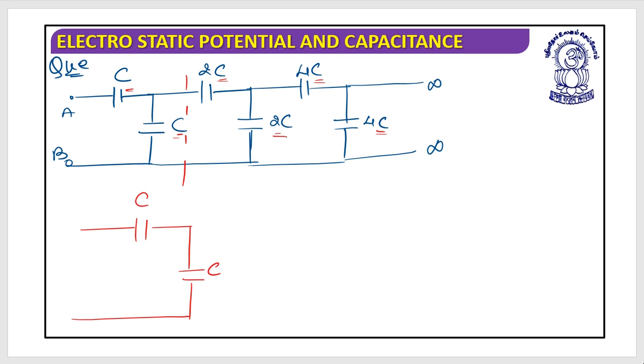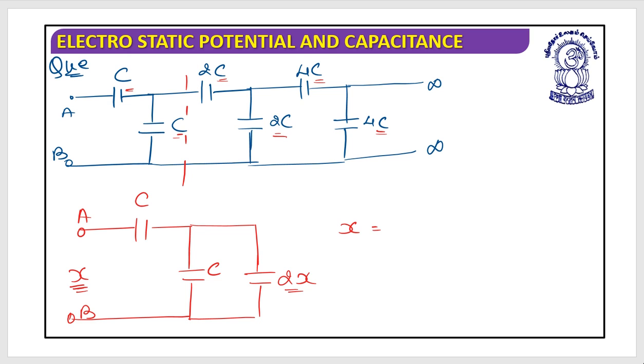This is C, this is C, and I need to replace this network by 2X, as well as my equivalent capacitance between A and B, it is also X. My equivalent capacitance will always be X, and as it is X, it is multiplied by 2. I have assumed it as 2X. So if I need to find out the X, what I can do is